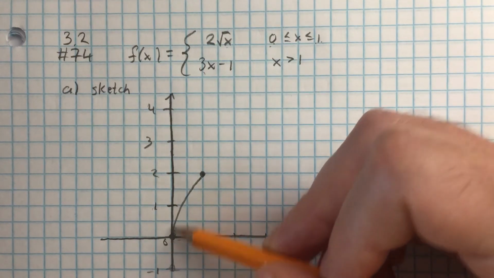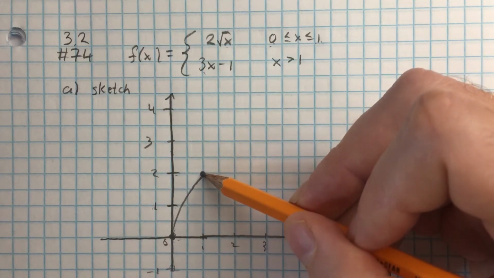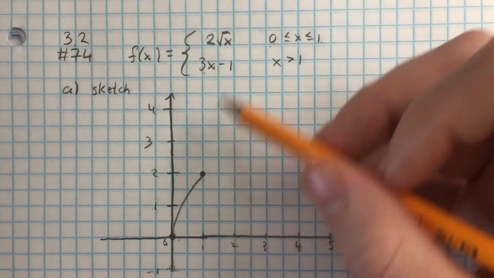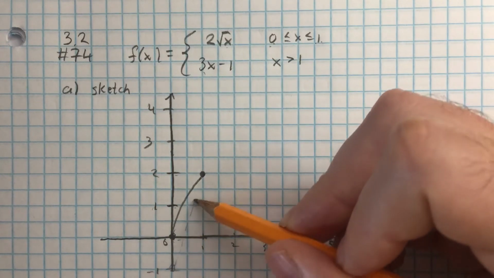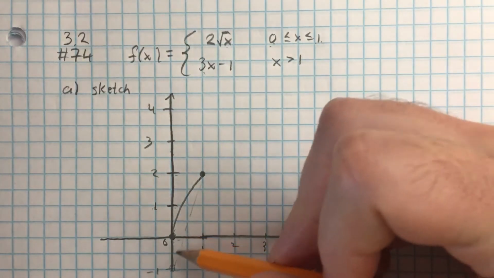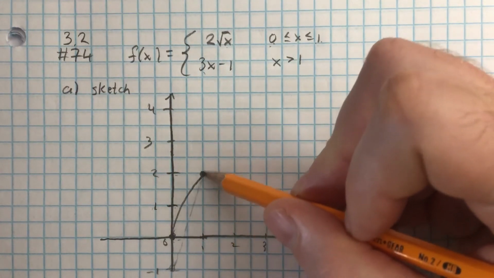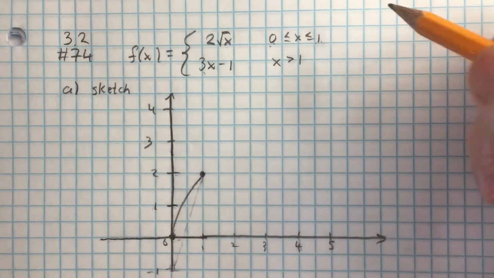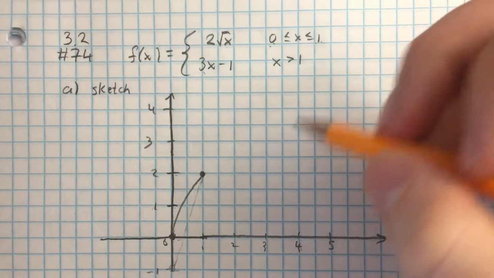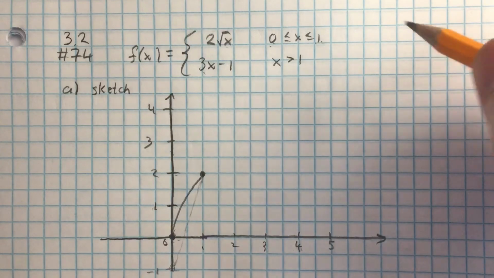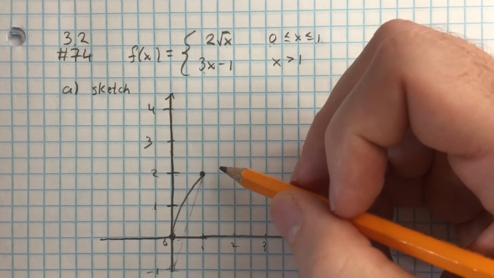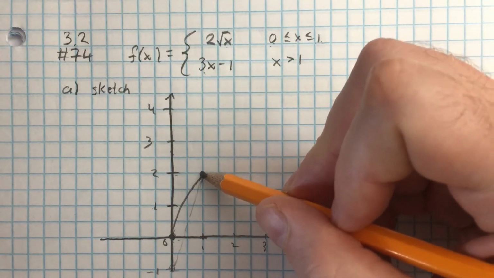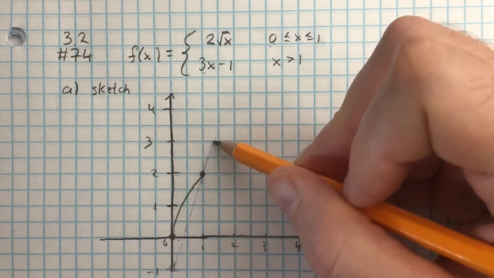So I'll go up 3 units, 1, 2, 3, and over 1 according to the slope here, 3 versus 1. And it turns out that I landed right on the point where they're gonna connect. So the line would look like that, right? Going up from this location up through that point where they happen to connect. Again, because from my perspective, they're trying to show you a continuous location which is not differentiable. So if we keep going up by 3 and over 1, it would continue to look like this,